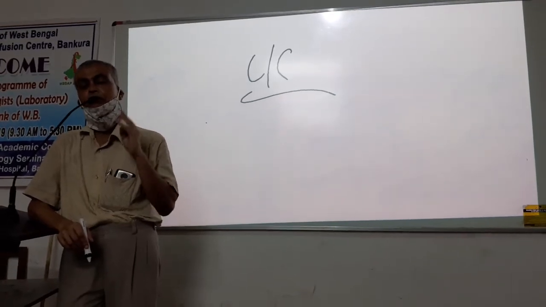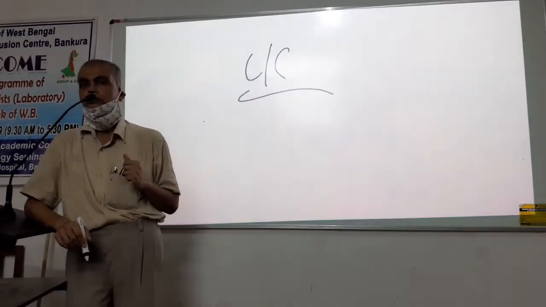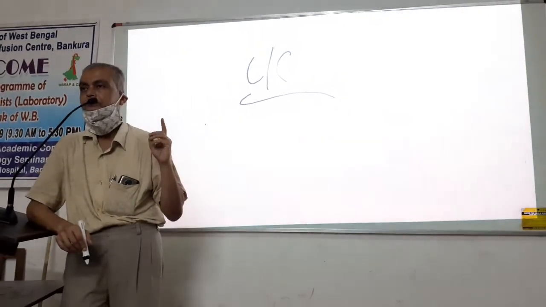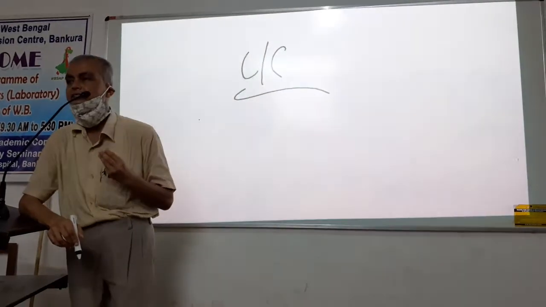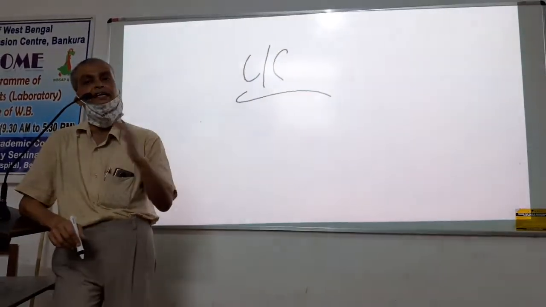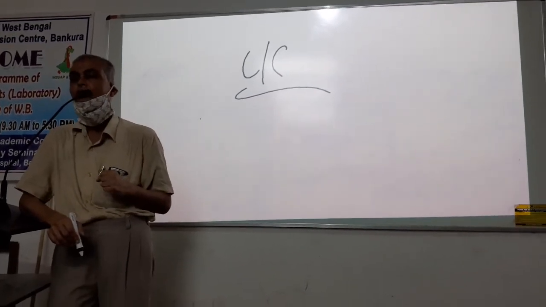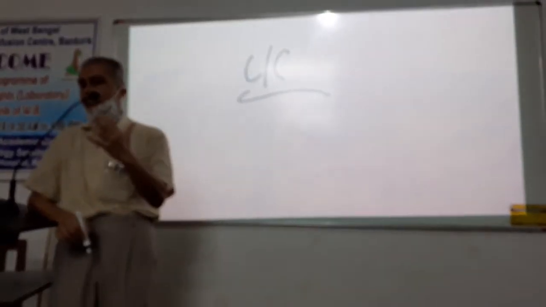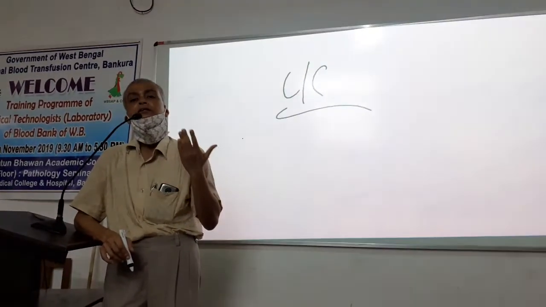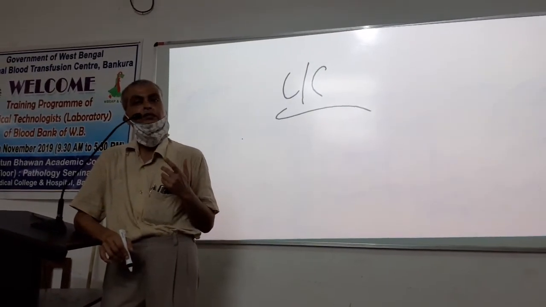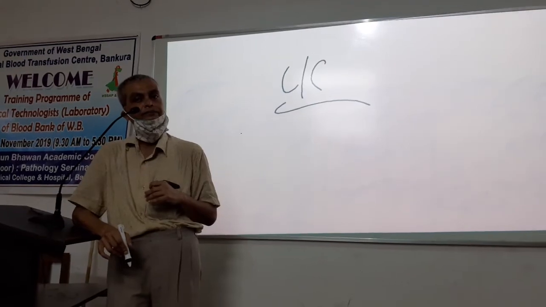But the most dreadful clinical feature is due to acute plaque changes. So what are the acute plaque changes? We have already told: hemorrhage, rupture, fissure and erosion. And all these things will give rise to either rapid increase in the size of the plaque or formation of a thrombus with acute obstruction of the flow. So whenever there will be acute obstruction, if that organ does not have any anastomotic circulation, there will be ischemic necrosis. So there will be infarction. So that is giving rise to cerebrovascular accident. That is giving rise to myocardial infarction.